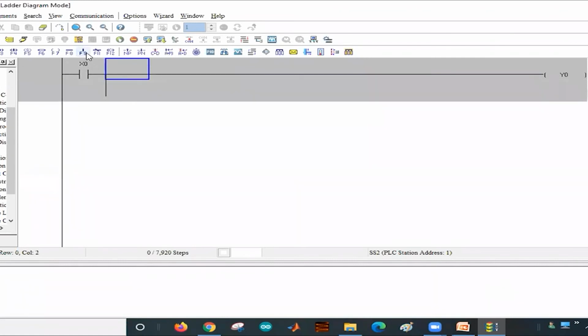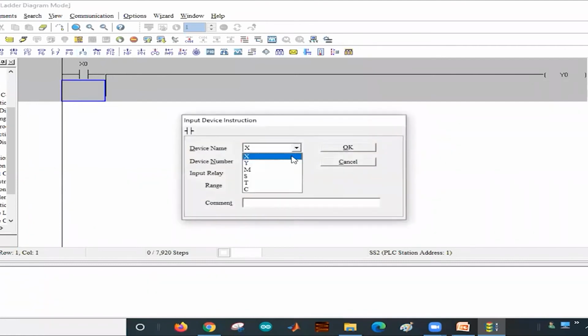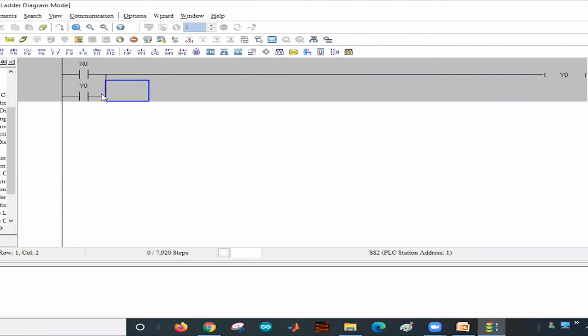Okay, so the latching, in the sense, you have to take one contactor with address Y0. Whenever you press X0, Y0 is energized. As Y0 is energized, as you are using the same address, this contactor will also close. Now even if X0 is de-energized, the supply to Y0 will come through this contactor.